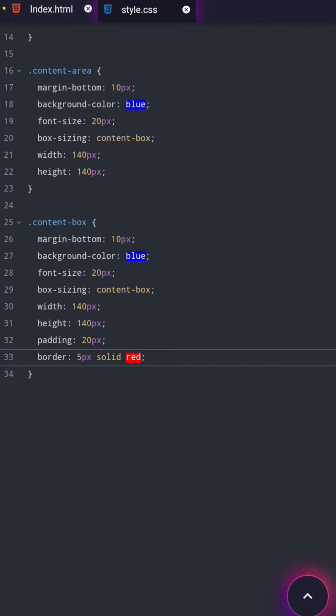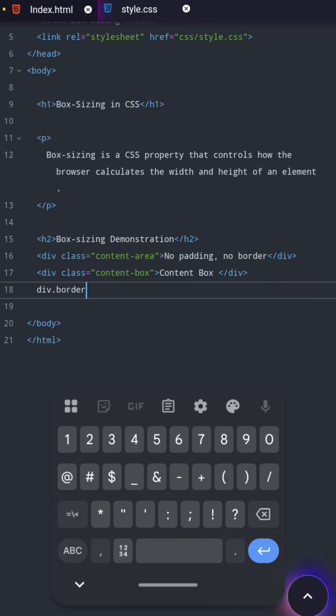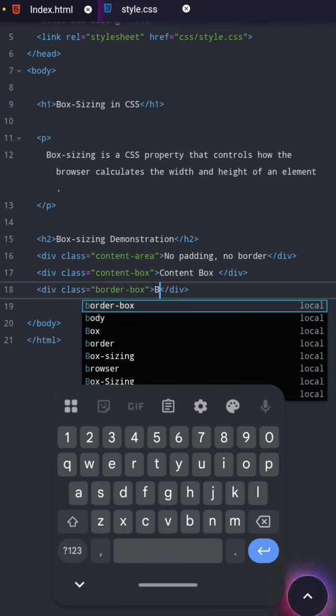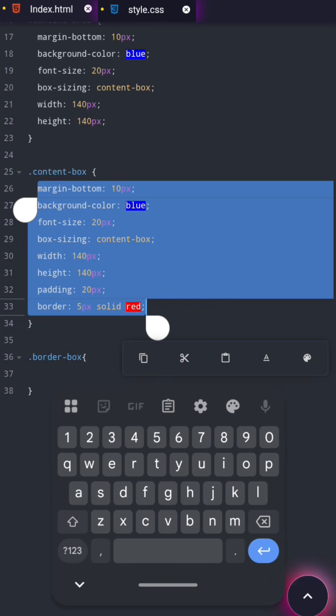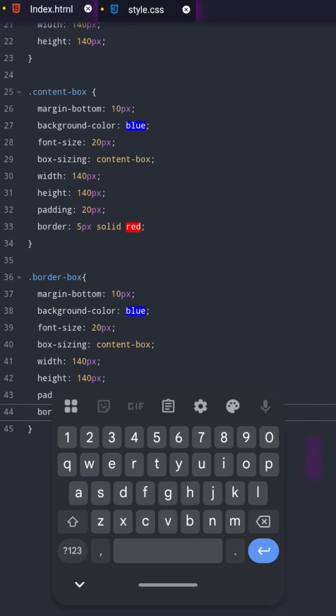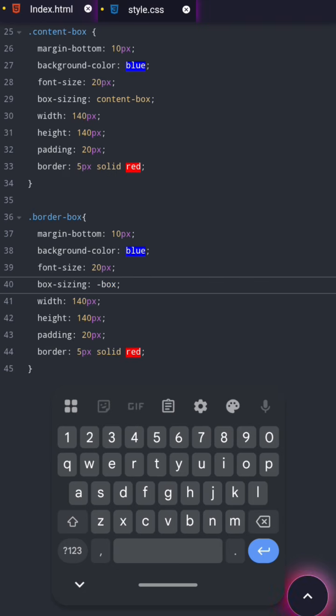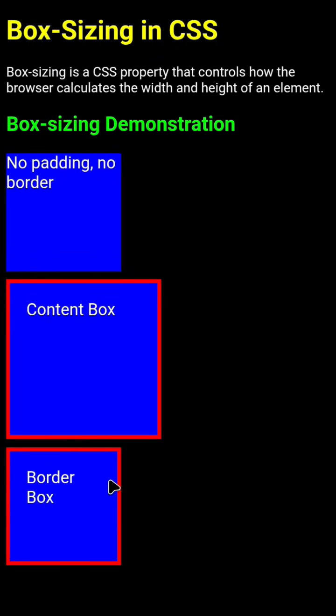Now the question is, what if you want your box to stay exactly the size you set? That's where border box comes in. Create another div with the class border box. Add some text inside it. Then move to your CSS file again. Give it the same style as the second box, but this time change box sizing from content box to border box. The size does not change. It stays 140 pixels